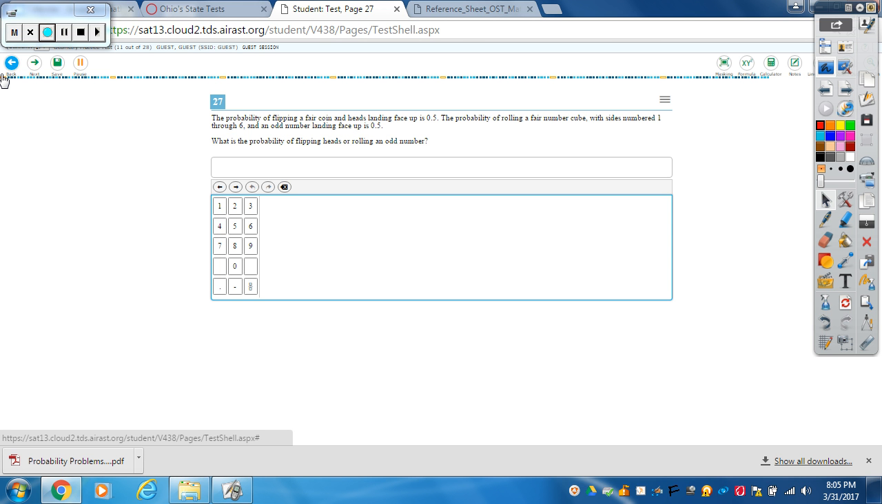The probability of flipping a fair coin and heads landing face up is 50%, which we know. The probability of rolling a fair number cube with sides numbered 1 through 6 and an odd number landing face up is also 50%. Simple enough. What's the probability of flipping a heads or rolling an odd number? Okay, so we want the probability of